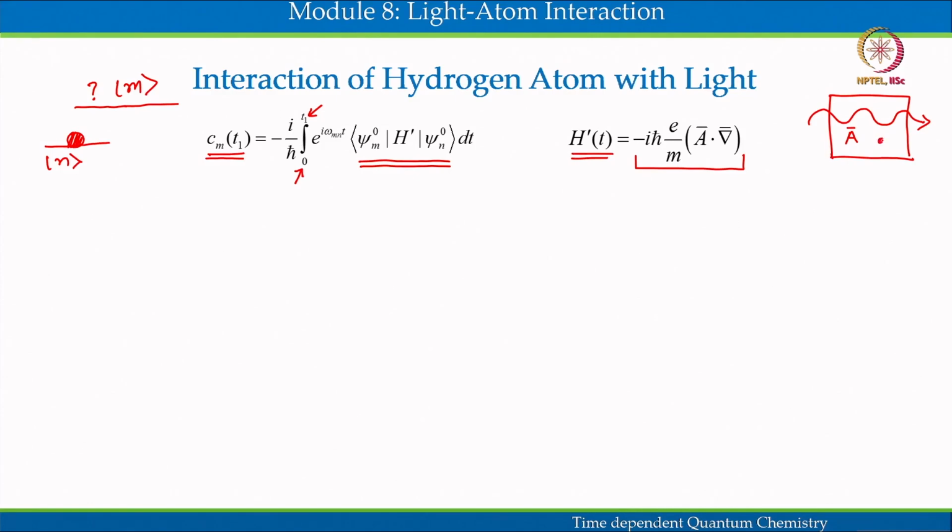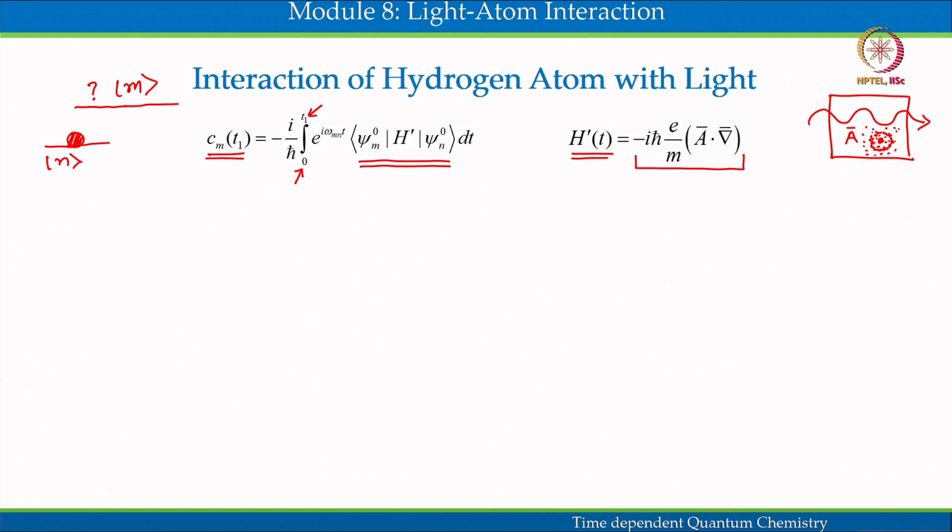So I have a nucleus, and then there is a cloud of electron around it, and there will be a position in the cloud where the cloud would be dense. Otherwise, it is like this. So this is the interaction we are looking at, and we are trying to find out what kind of transition we can have. So once we express the perturbation in terms of the vector potential,